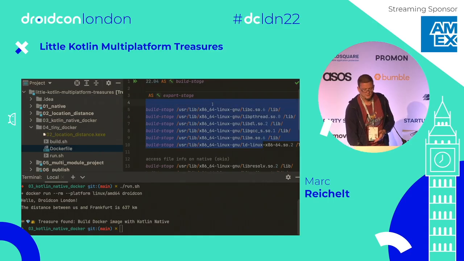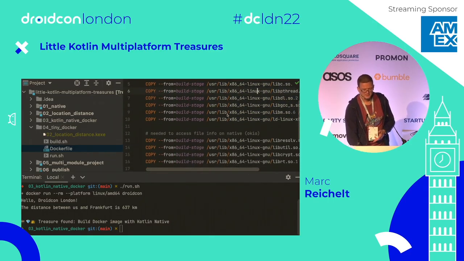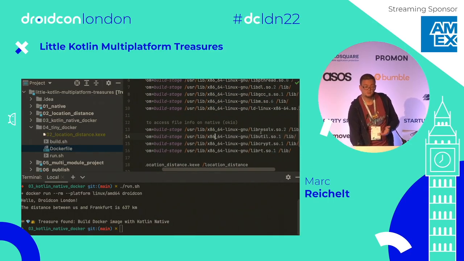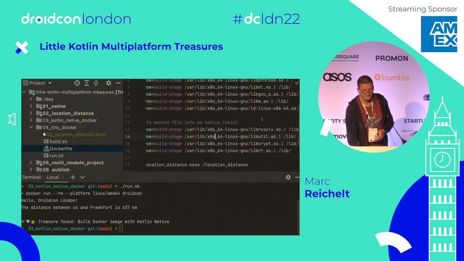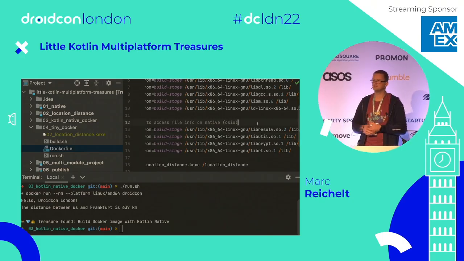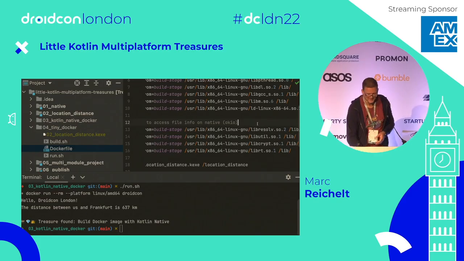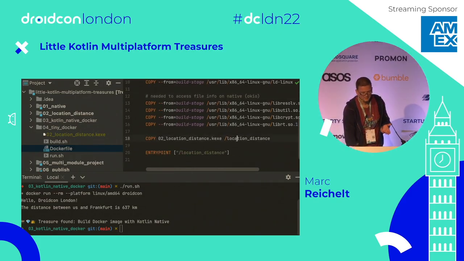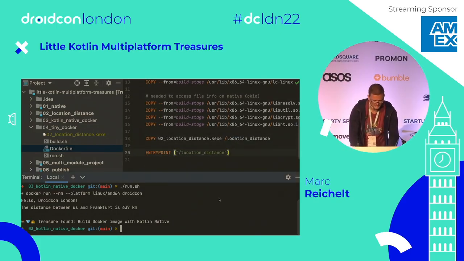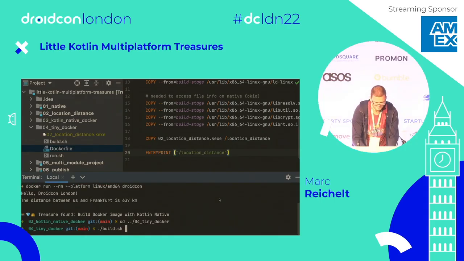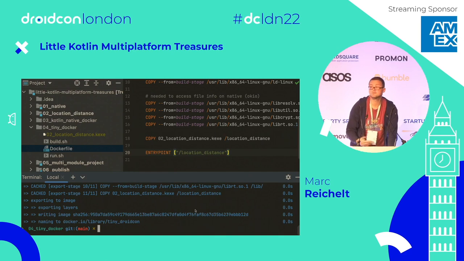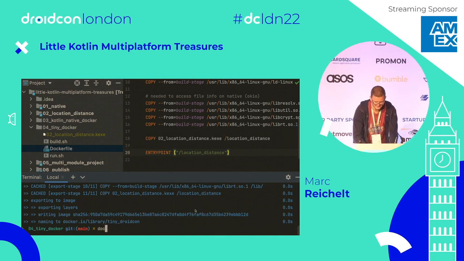So these are the first ones that we saw. And because I'm using something more, it's using more shared libraries. So we copy those too. It's used for OKIO and accessing files inside of this Docker image. And the other things are the same as we saw before. So now if we go here and we build the image, same as before,